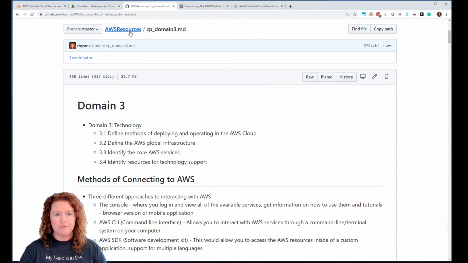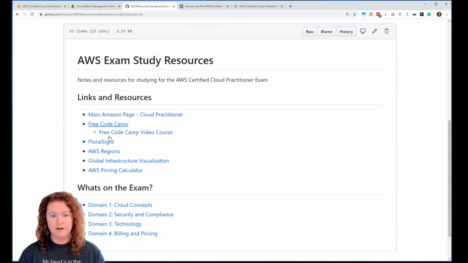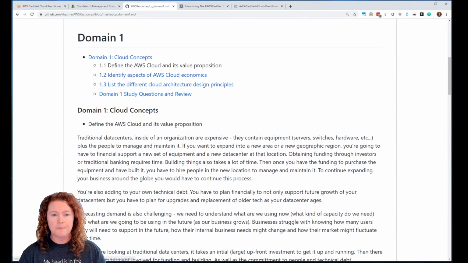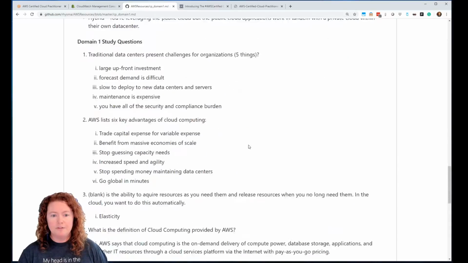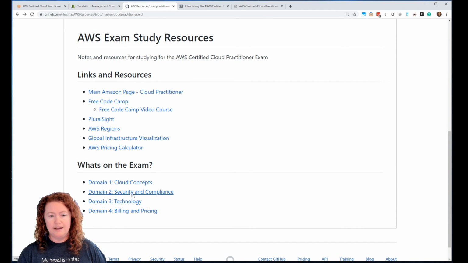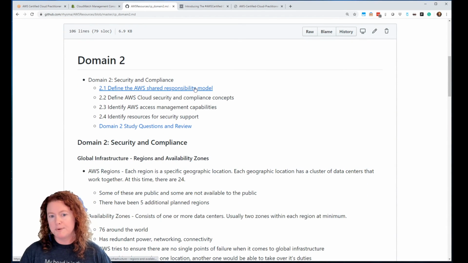So that's domain 3. Let's go back to our document and look at where we're at right now. In the main one here, I've got some links to some resources and courses. In domain 1, we talked about cloud concepts, cloud economics, design principles, types of cloud computing, all of these things. We had our scenarios, and then we skipped security and compliance because, again, it doesn't really make sense. We talked about the shared responsibility model and regions and availability zones, but it didn't make sense to really get into